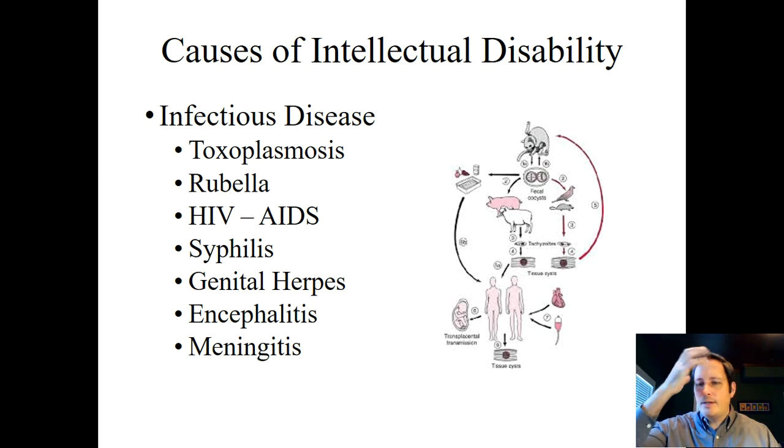You've got the skull, then you've got the meninges, and then you have the rest of the brain. Inflammation of that lining is going to create intracranial pressure, and your brain does not like pressure. If you have too much pressure on the brain, it's going to result in brain damage, thereby interfering with your overall intellectual functioning. You can also see with meningitis neuromuscular problems and sensory impairments, in addition to the intellectual issues.